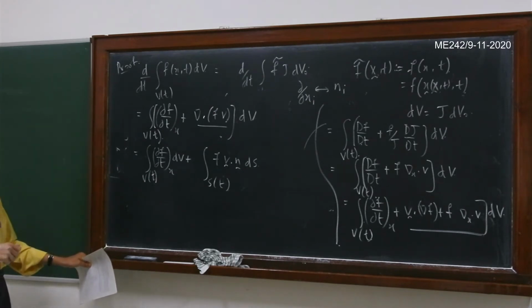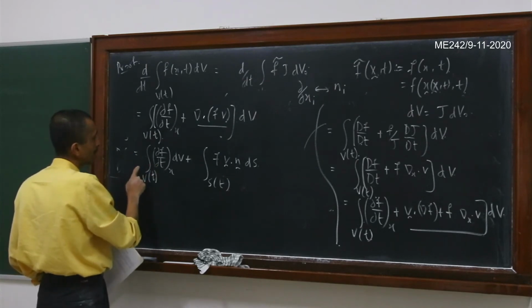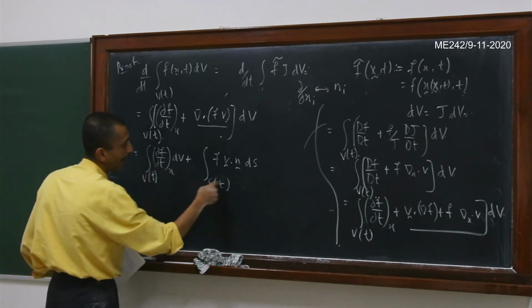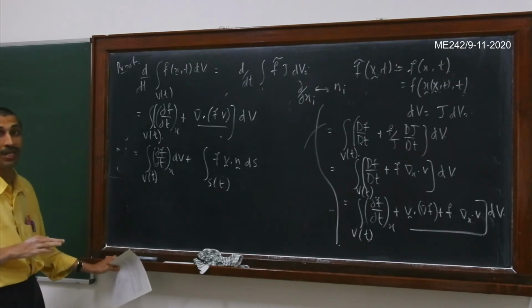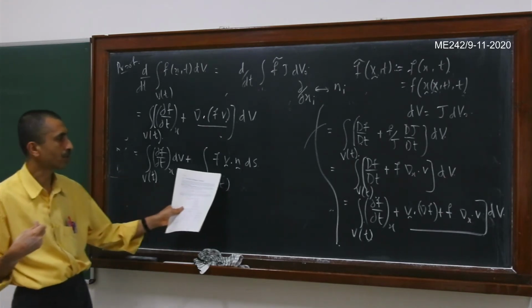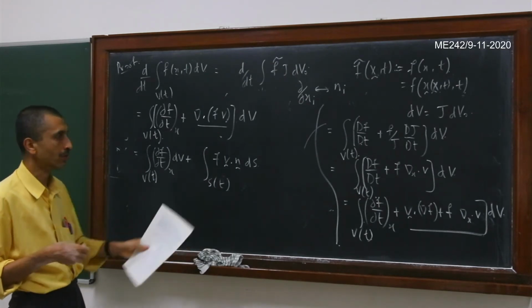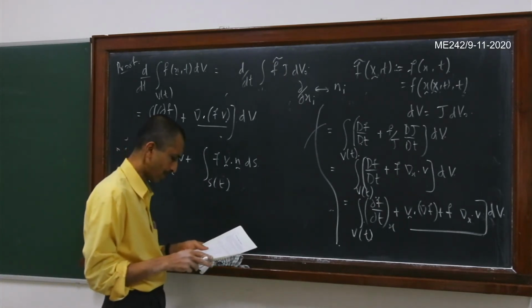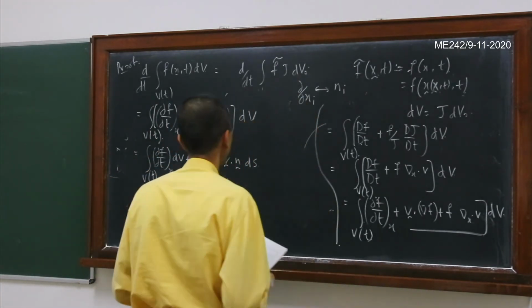You can see that it is not simply just taking the derivative inside, there is an additional term. This is exactly analogous to the Leibniz rule, where you need a derivative of the limits also when they are variable limits. So you can think of this as a 3D version of the Leibniz rule. Okay, so let us generalize this now to a vector valued function.